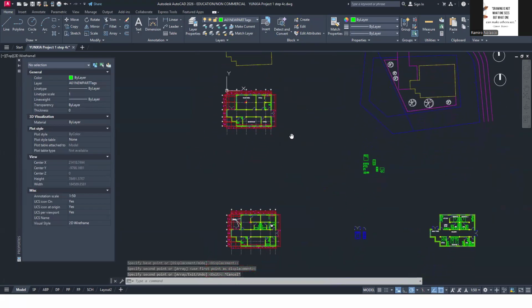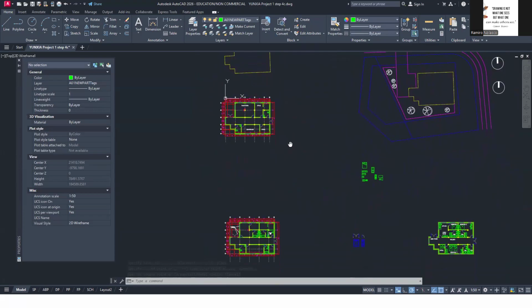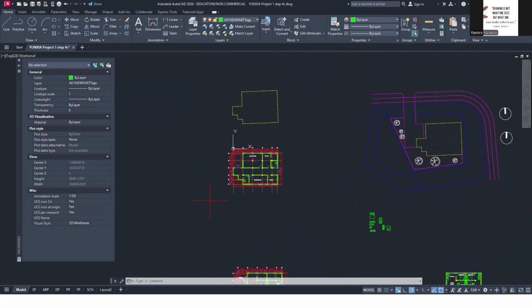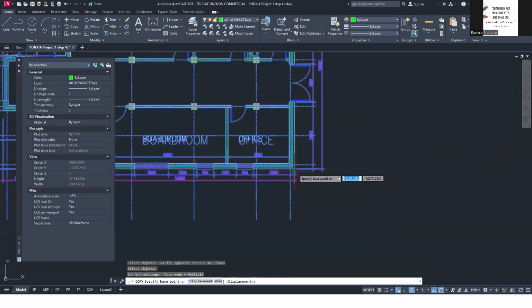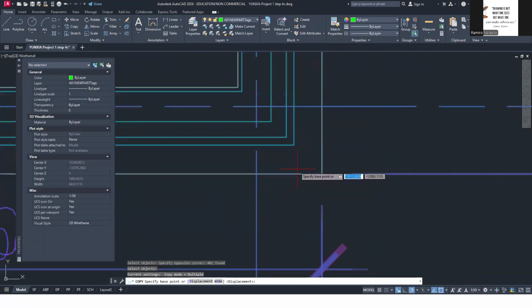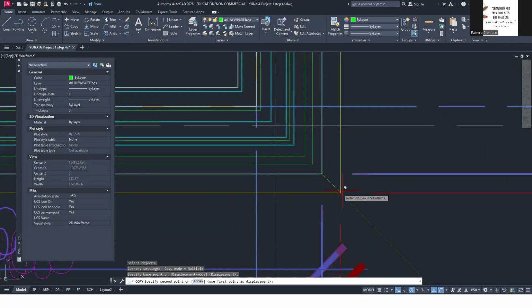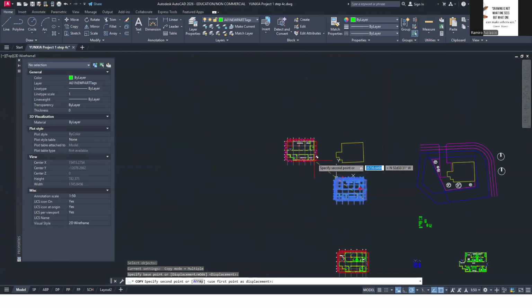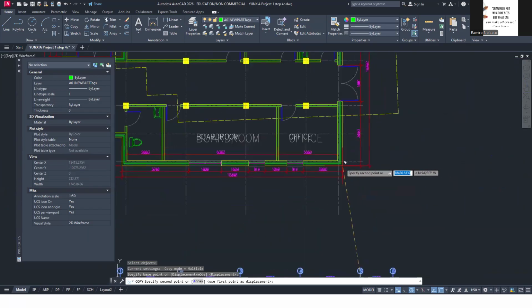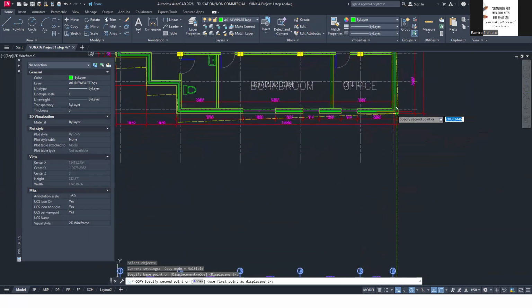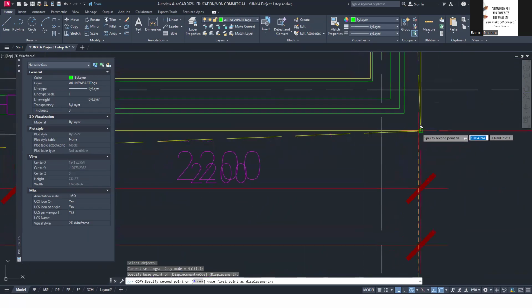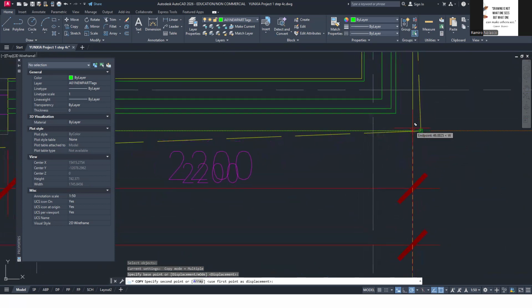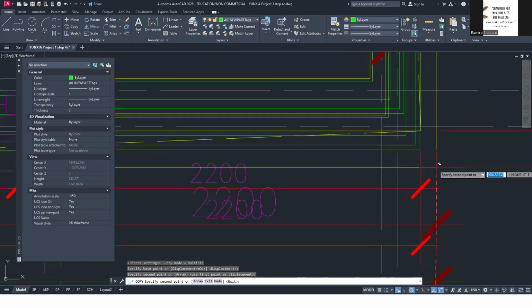And then I'm going to likewise just make a copy of this. Copy this. Because I don't want to make a mess of your AutoCAD file. So I'm just going to copy it here to there. Okay. To that endpoint. Okay.